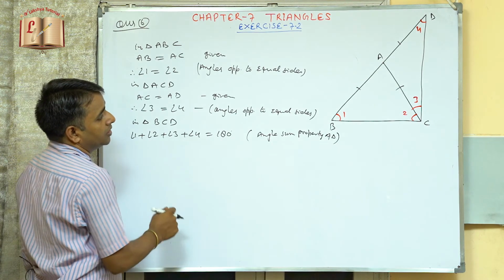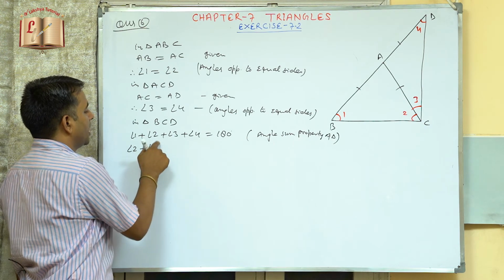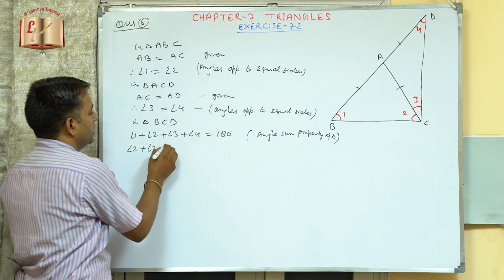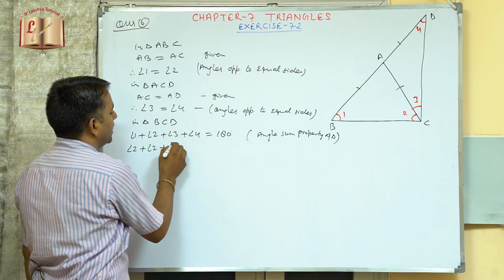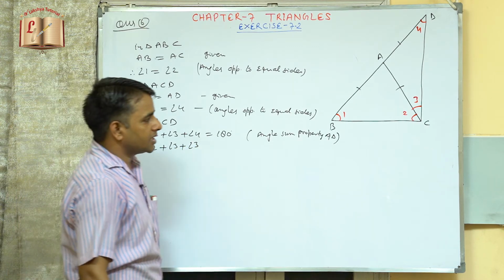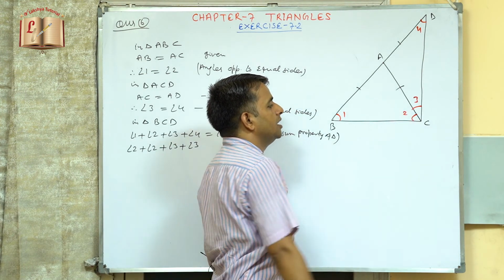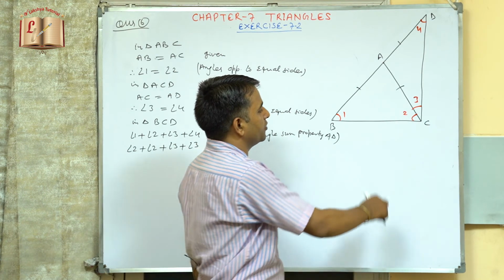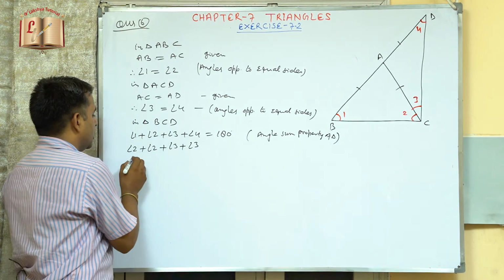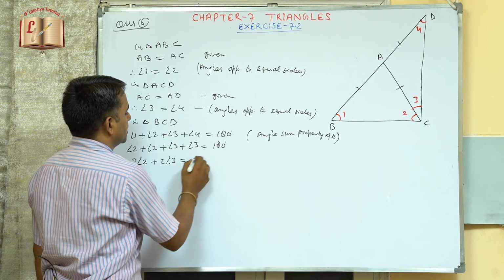Now see that angle 1 is equal to angle 2. So I can write angle 2 and 2 as it is. In place of 1 also we have written angle 2, because angle 1 and 2 both are equal, plus angle 3 as it is, plus angle 4 we have now written as 3. Why have we done this? Because our ultimate aim is to find this angle, angle BCD. We have to prove BCD is 90 degrees, so I brought this here and expressed this angle in the same form. Now this is twice angle 2 plus twice angle 3. So this is equal to 180 degrees now.